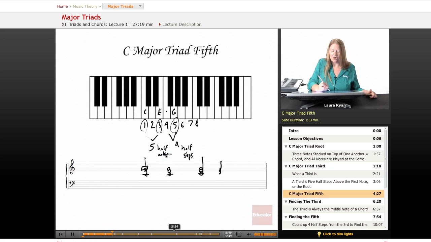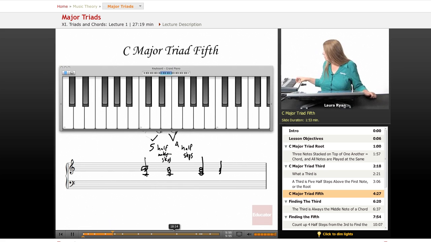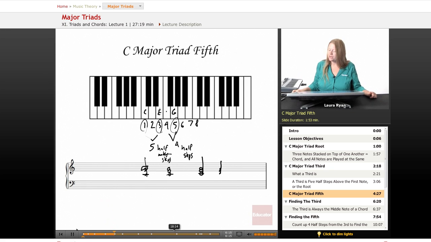Okay, so let's count. Let's call up our keyboard and let's count those half steps. Okay, here's our chord, and let's begin with a major third. 1, 2, 3, 4, 5. C to E is 5 half steps. From E to G, let's count. 1, 2, 3, 4. 1 through 5. There's our major chord. Easy to find, easy to hear. So moving on